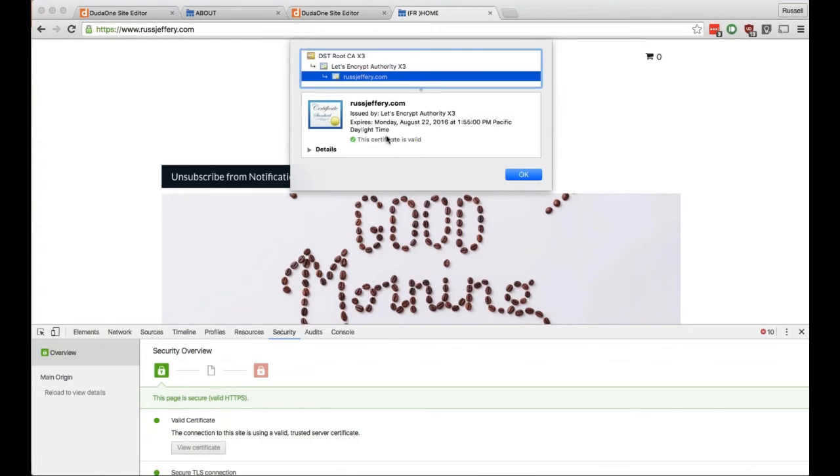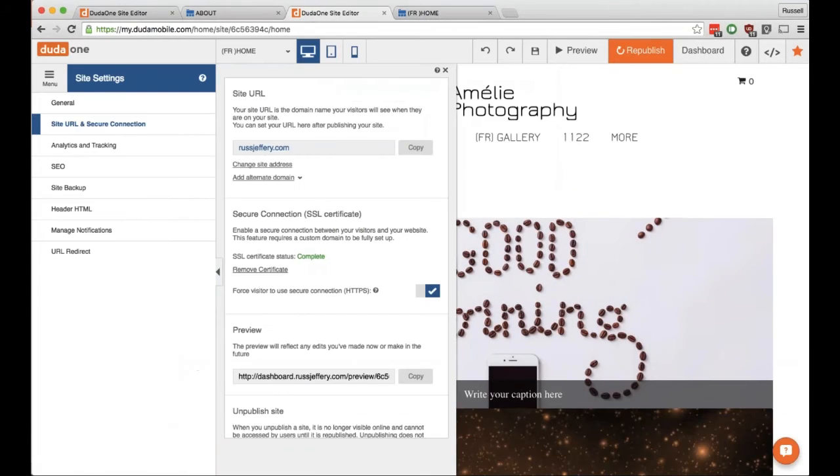So now let's go back into site settings, because I think there are a couple of options with this, and we should probably explain what those are. Yeah, exactly. There is this little toggle button down here at the bottom that says force visitors to use a secure connection. By default, Duda is going to turn this on for you, so that whenever a visitor comes to the website, they're redirected to the secure, HTTPS version of the website. That's just something we do by default. But if you want to make the website